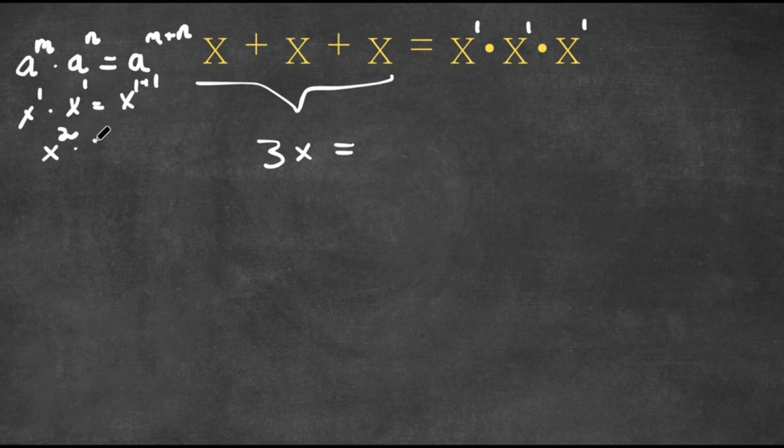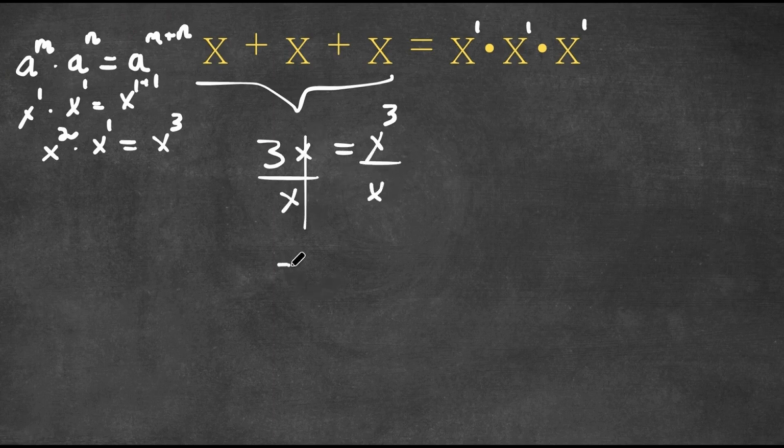Now x squared times x to the power of 1 again, because we got to multiply with the other x, this would equal x to the power of 2 plus 1, which is x cubed. So we have 3x is equal to x cubed. So now what we're going to do is I'm going to divide both sides by x. So for the left-hand side, these two cancel out, so I'd simply just have 3 is equal to,